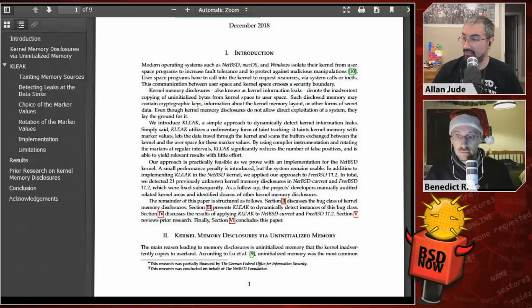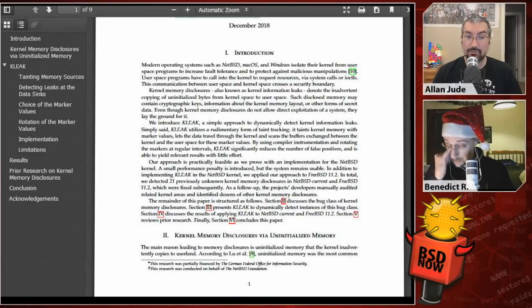Kernel memory disclosures, also known as kernel information leaks, denote the inadvertent copying of uninitialized data from kernel space to user space. With these, sometimes a program in user space can convince the kernel to give a chunk of memory that was in use in the kernel for something else to userland, which might contain sensitive information. Such disclosed memory may contain cryptographic keys, information about the kernel memory layout, or other forms of secret data. Even though kernel memory disclosures do not allow direct exploitation of a system, they may lay the groundwork for it. So, the authors here,